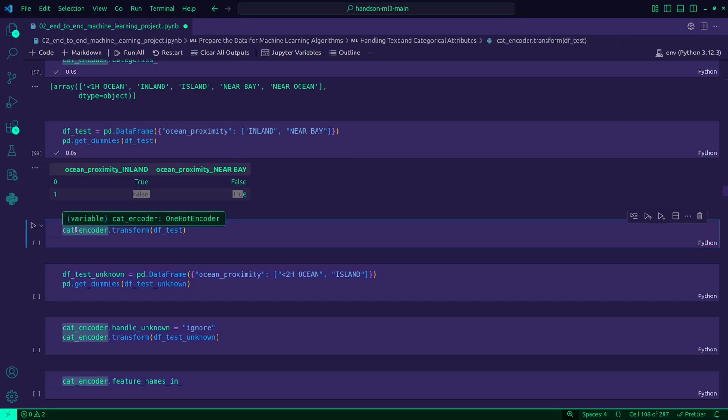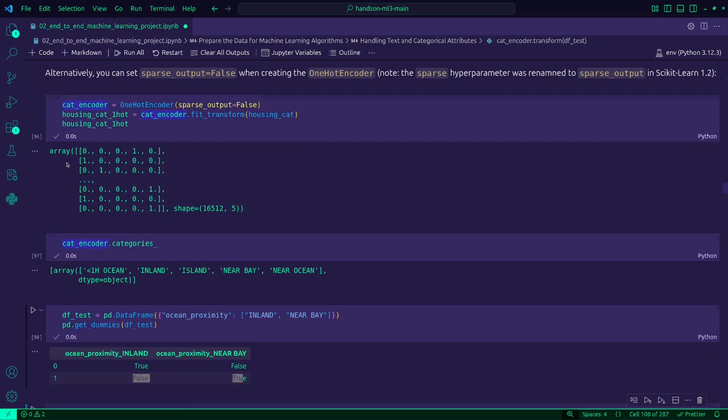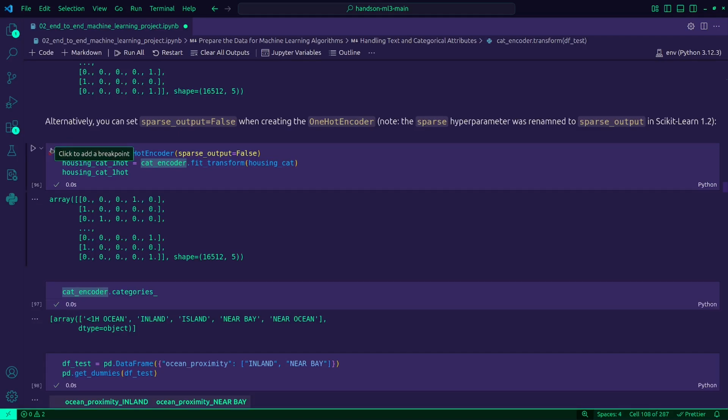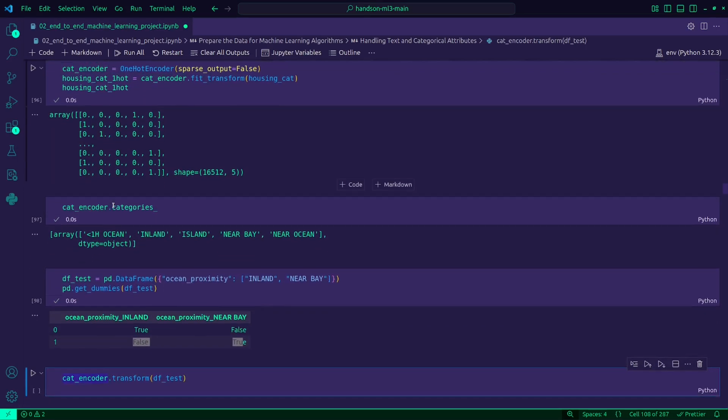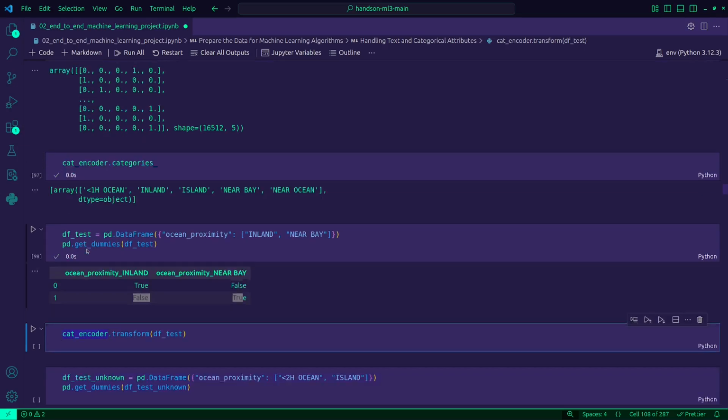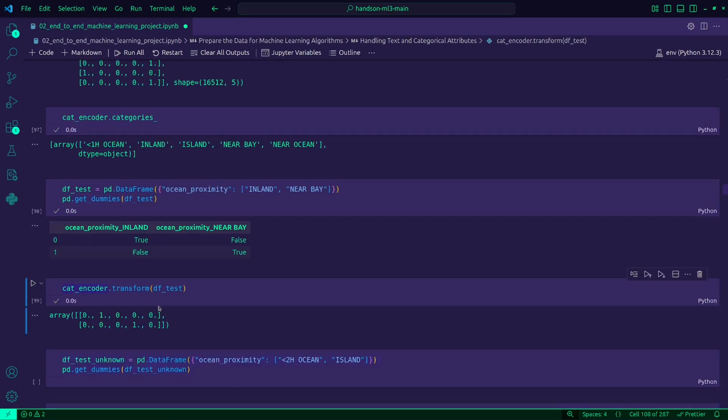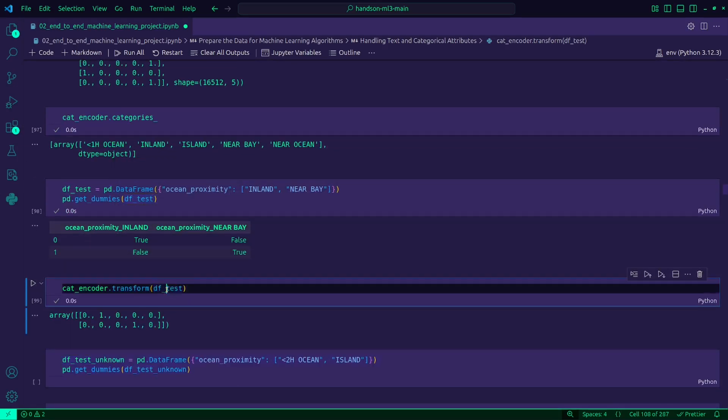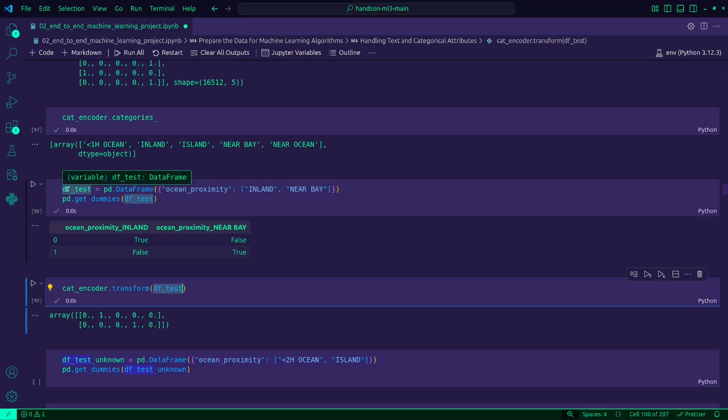So we have our encoder already from way above, and if we run it on this test data frame that we have, it will transform our known test values into the same column structure as the training data. Basically, it will just maintain consistency.